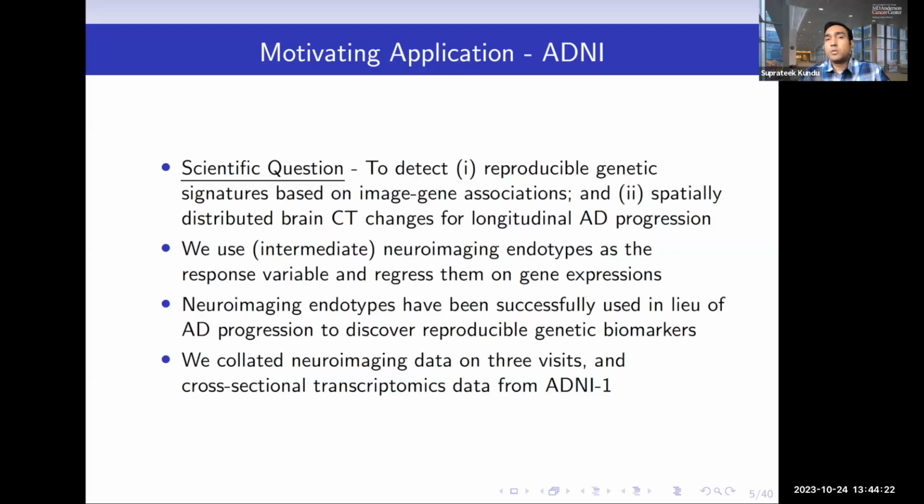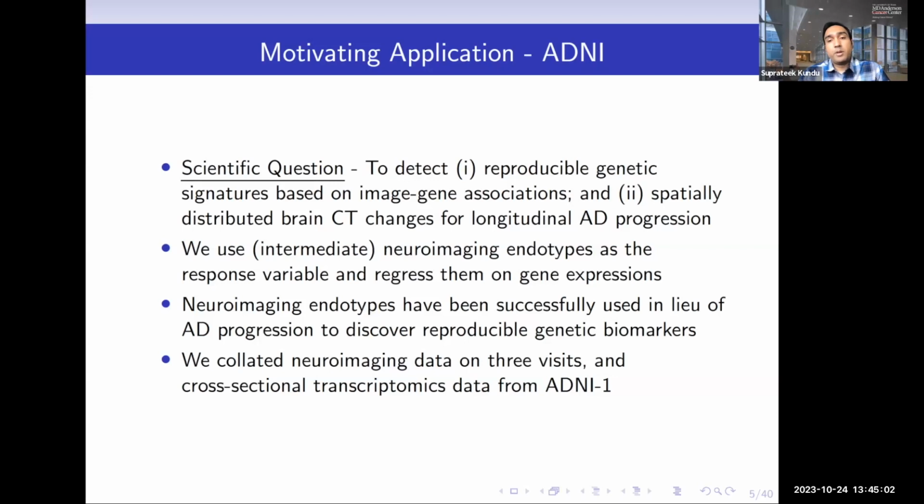And a note here, the question is, okay, why are you not using directly the clinical phenotypes? Why just use neuroimaging? That's a well-understood question in the literature, and mainly because these neuroimaging endotypes provide greater signal compared to clinical phenotypes, like AD versus no AD, right? So that's a clinical phenotype. But these neuroimaging endotypes have stronger associations with the genetics, and oftentimes they serve as endotypes that can point to the important genes that drive these illnesses or disorders.